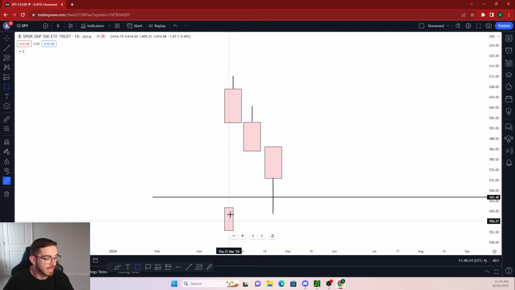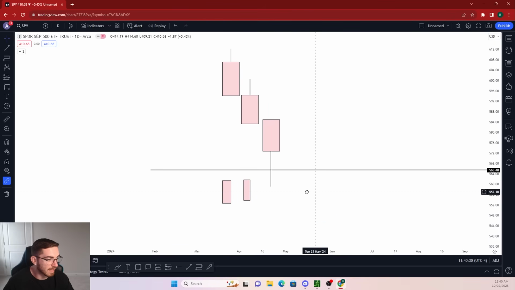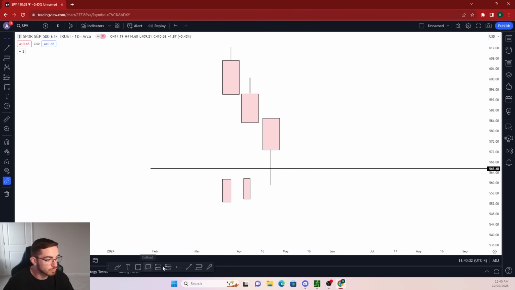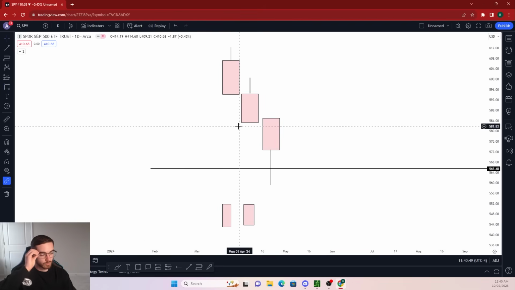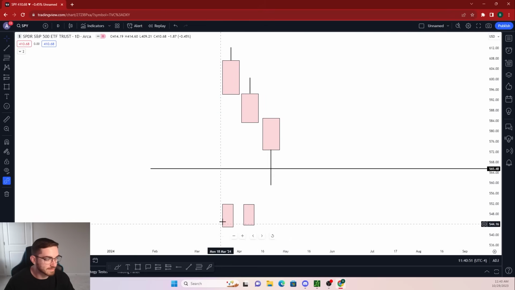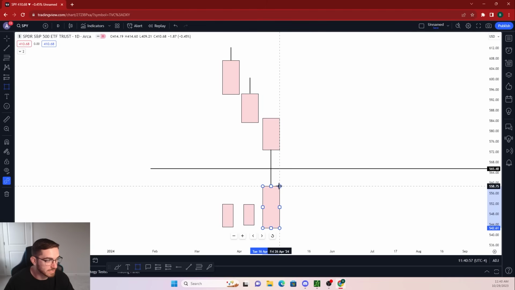So let's just pretend that we have all light red selling volume right here, and then again we have all light selling volume. However, this time when price comes down into the level of interest, we actually get elevated volume. Let's just go ahead and move these down. So price is coming down towards the level of interest. We have all light selling volume, but then price hits the level of interest. And let's say that volume spikes a significant amount and we get this huge red volume coming all the way